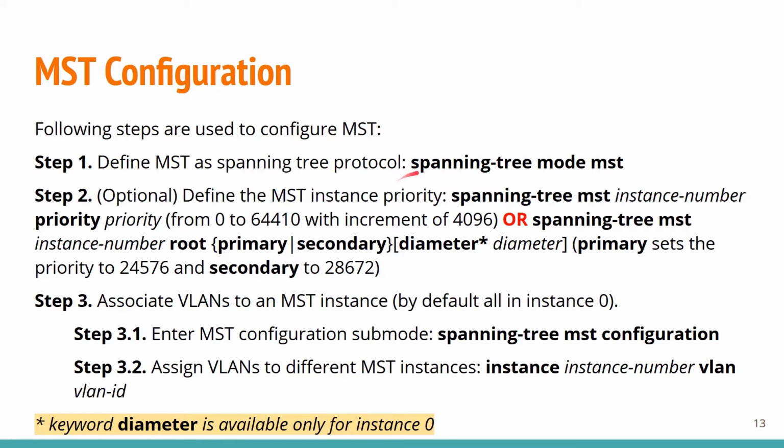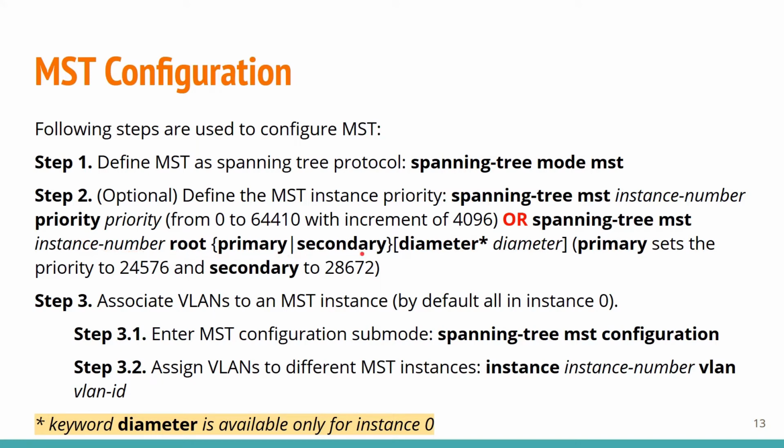For this you can use the command spanning-tree mst, then the instance number, then priority with a priority value, which can be from 0 to 61440 with increments of 4096, or you can use spanning-tree mst instance number and then root with keywords